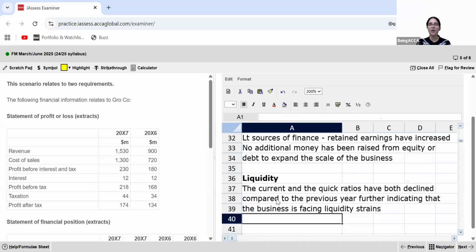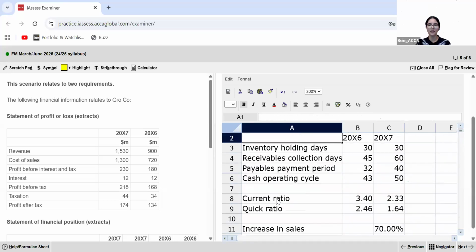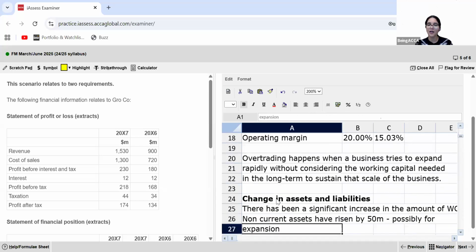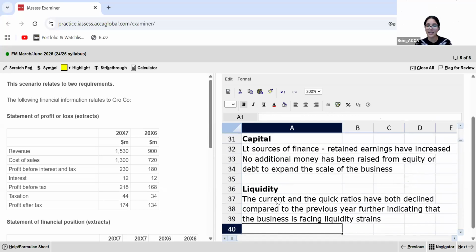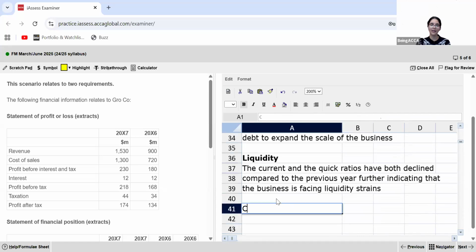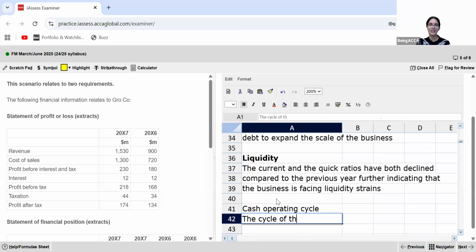What else can we talk about? We saw that the operating ratio, the cash operating cycle was actually increasing. So here we can talk about the cash operating cycle also. One subheader can be that cash operating cycle. The cycle of the business has increased in terms of days,